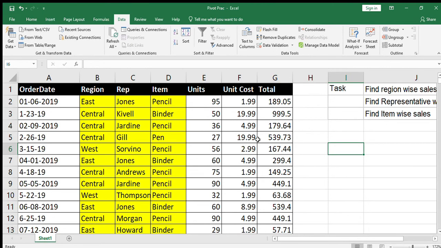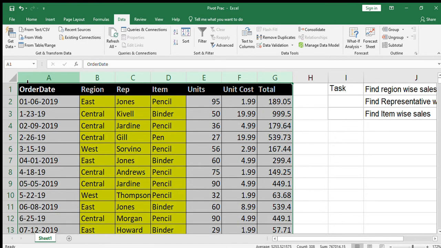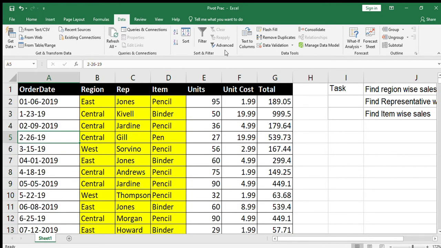Okay, so for pivot, you can have maybe a basic data ready, but if you want to import a data from anywhere, then you can use this. Or if you want to refresh the data, then you can use this. So the reason why we need this data section is we have to keep our data refreshed and updated. Same thing will get refreshed in the pivot automatically. Okay, now as pivot is a function to be inserted, we will be going to insert. Okay, so anytime you work on the data, automatically the data tab will be open.